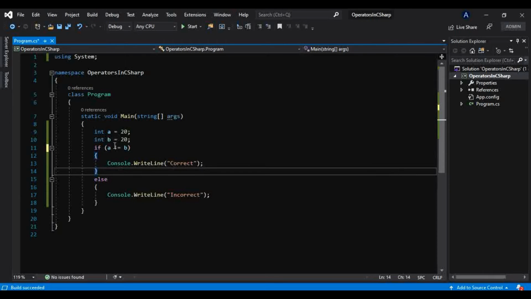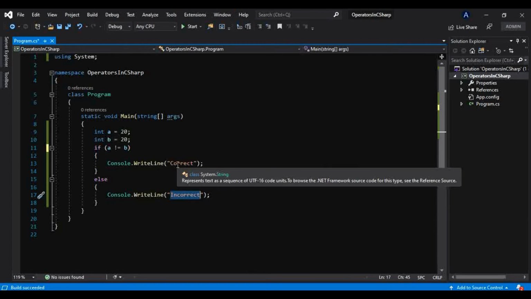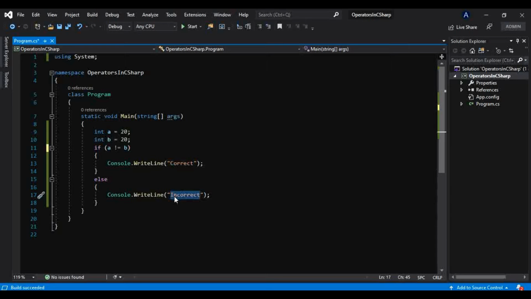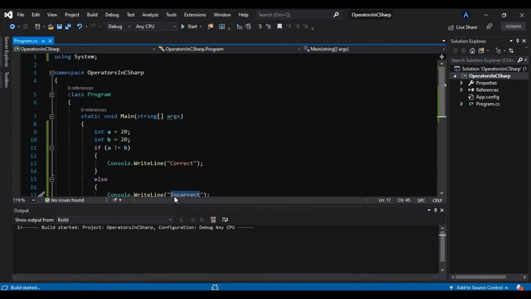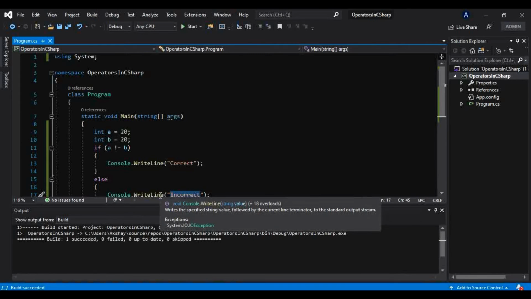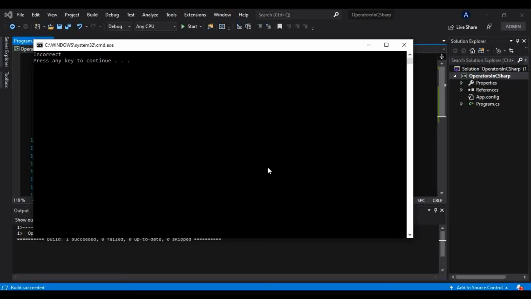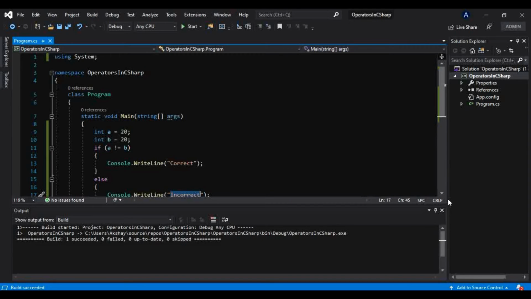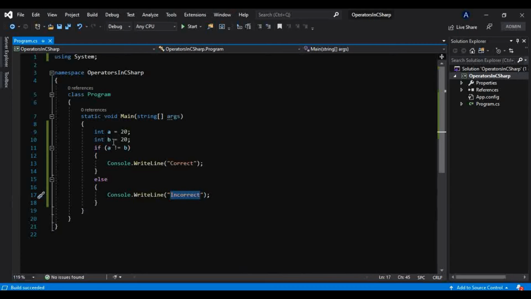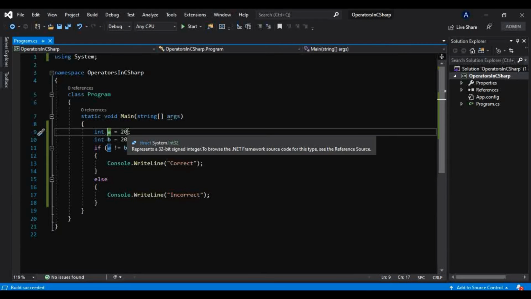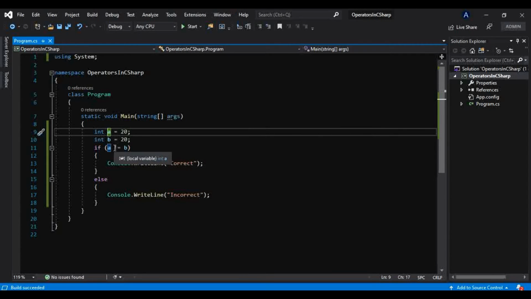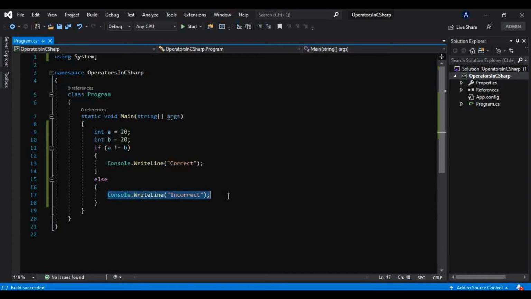So if a is not equal to b, print correct, otherwise incorrect. Now a is 20 and b is also 20, so not equal to will return false. That's why it goes to the else and prints incorrect.